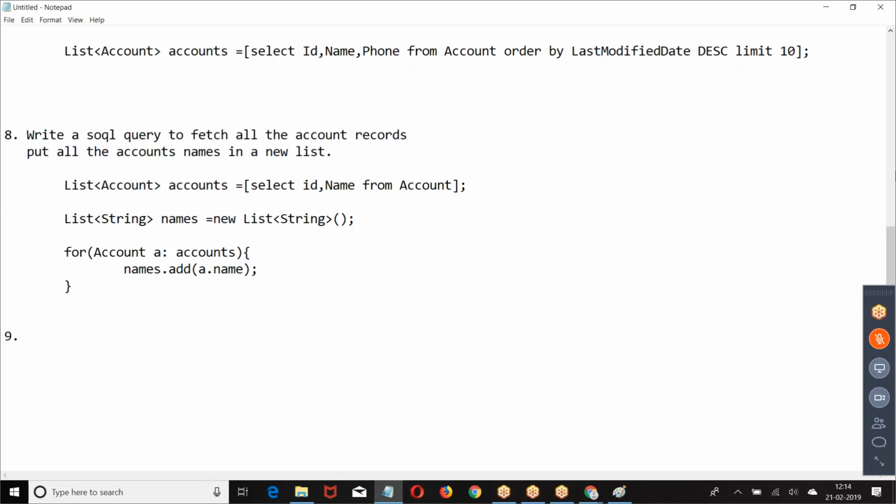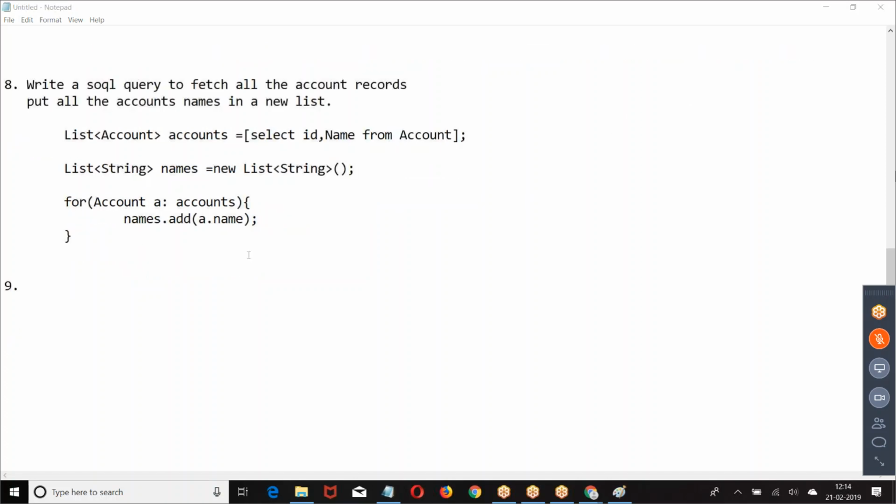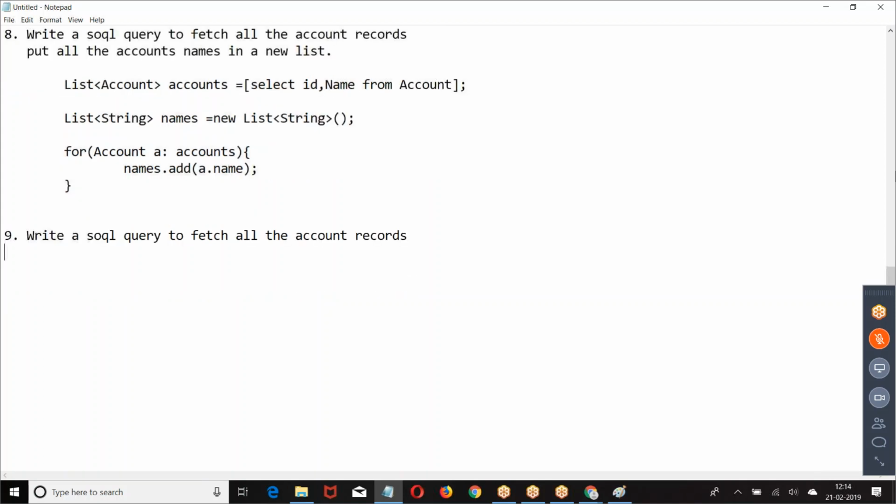Next. Let us take the next example. People are good with this? Next one. Write a SQL query to fetch all the accounts. These are use cases.